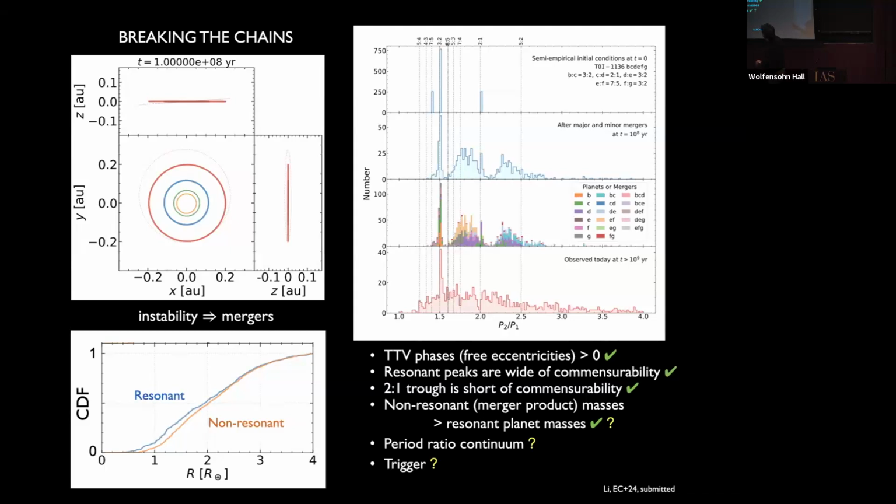And so when these towers erode, when the resonant population breaks apart, of course, they create pairs that are distributed over different period ratios, but the destruction of the 3-to-2 creates this pile of pairs here, but that pile doesn't extend to infinity. Because the distance to the 2-to-1 is so far that it can't make it all the way to the 2-to-1 in period ratio space. And so that tail in the population produces a divot in the 2-to-1. And you don't get the same divot for the other resonances because they're crammed too closely together.